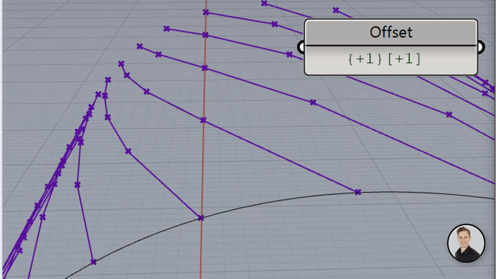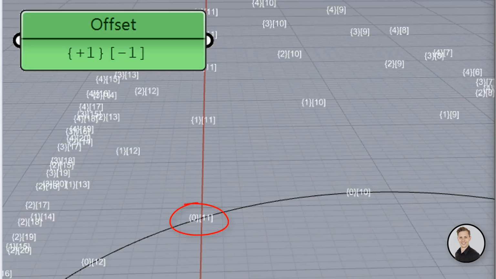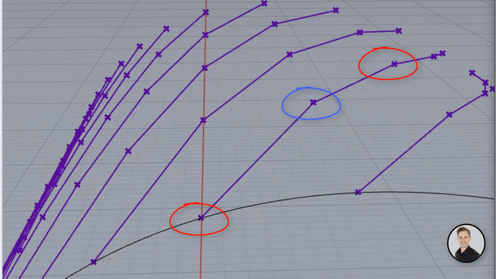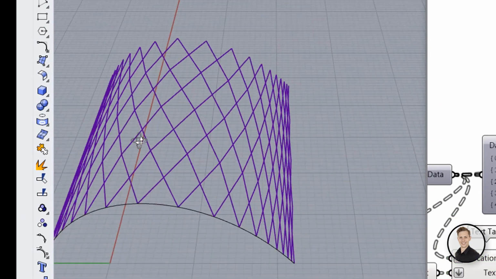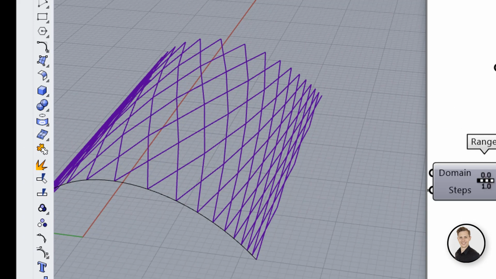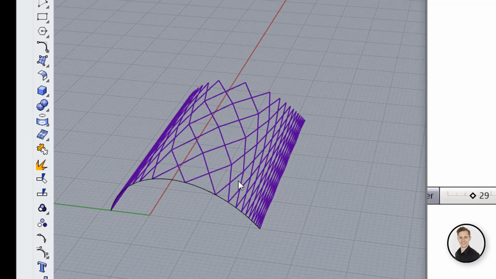Another component has a mask +1 for the path and -1 for the index. So if we start with 0, 11, we need to add 1 to the path, so it will be 1, and add -1 to 11, so we get 10. So the result will be 1, 10. And we stay with this point and we go to the next one. So we need to add again 1 to the path and -1 to the index to get 9. So we get 2 and 9. And now we connect item A and item B as a result of the relative item component. Some engineers use this component to make bracing in the structure.